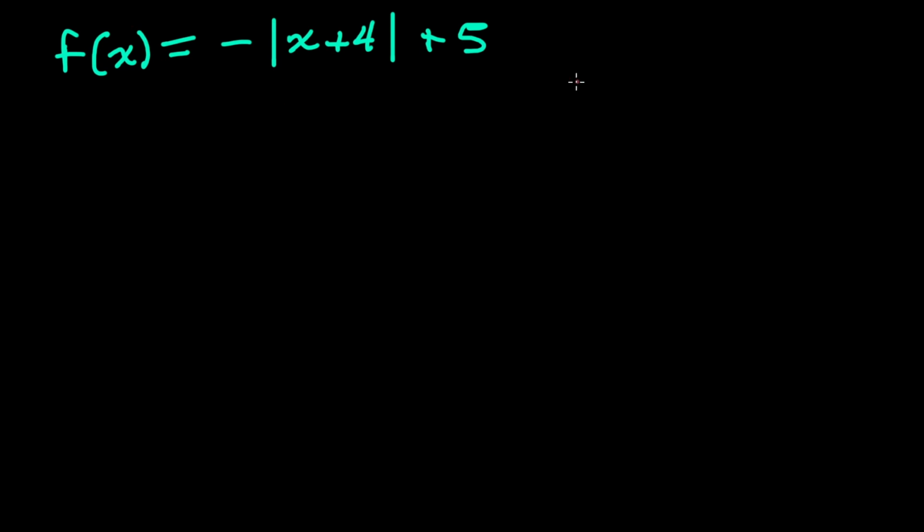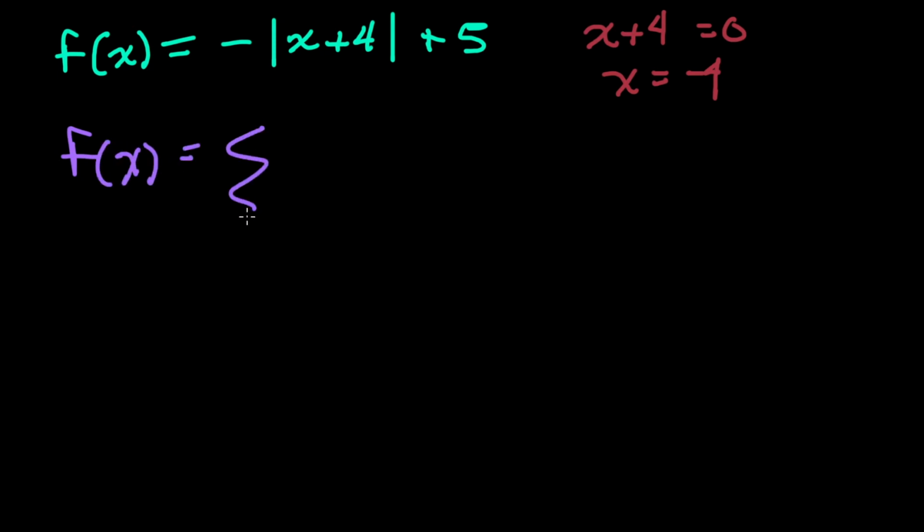And so we're going to do the same thing here. So what we're going to write is x plus 4 is equal to 0. X is equal to negative 4. And so then we can write this as f of x equals squiggly bracket x plus 4 plus 5